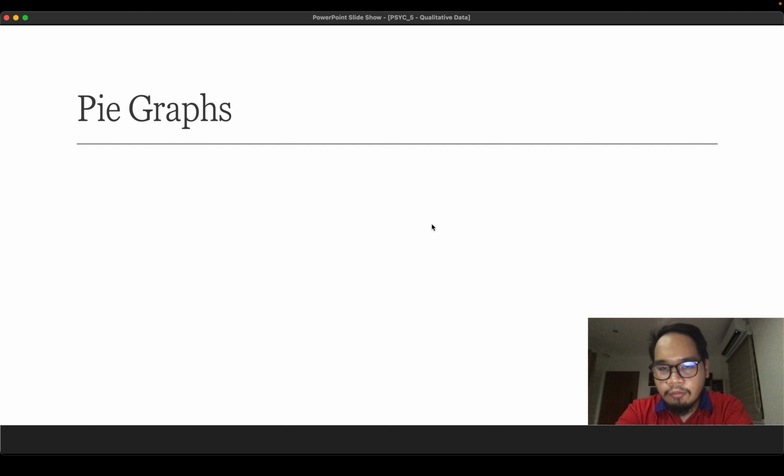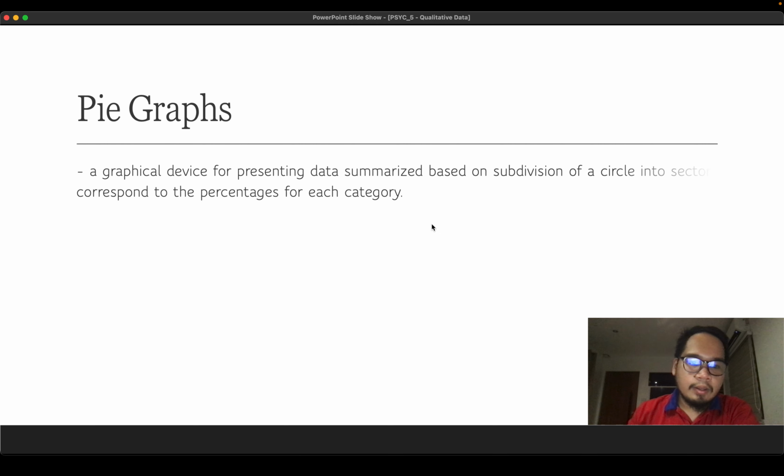Again, our focus is still on the qualitative data. The last way of presenting qualitative data is making use of pie charts or pie graphs. A pie graph or pie chart is a graphical device for presenting data summarized based on subdivision of a circle into sectors. That is, a sector is a part of a circle which has its area, but it's only one